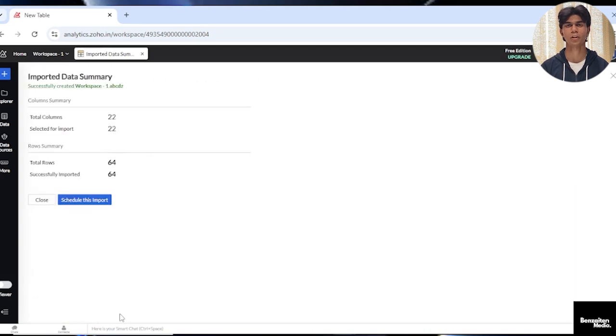Here you can also schedule your import if you want Zoho Analytics to automatically update your data at regular intervals. But if you don't want to schedule it, simply click on close and then go back to the export section. As you can see here, it says workspace successfully created. That's how easily you can create a new